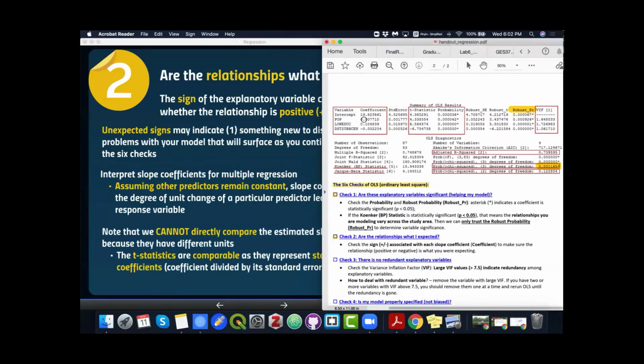Sometimes I see people comparing directly between the 0.001 and the 0.1. However, it's not valid to be comparable in this case. So if you're trying to compare between the different explanatory variables, instead of using the coefficient, you should be using the t-statistic, because the t-statistic represents a normalized coefficient